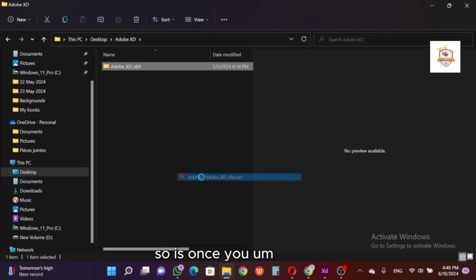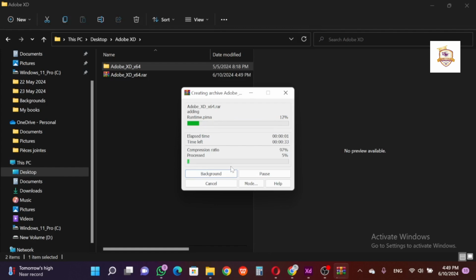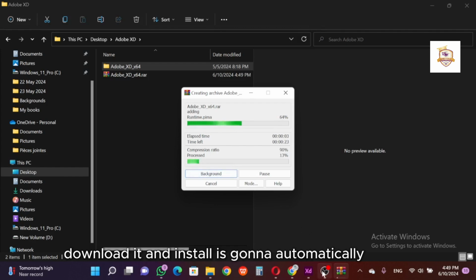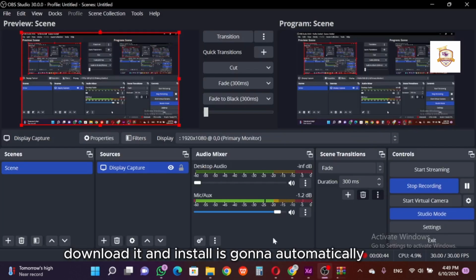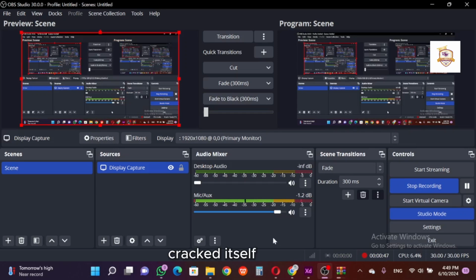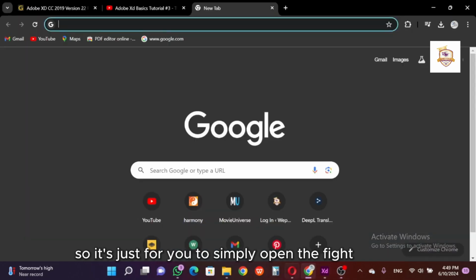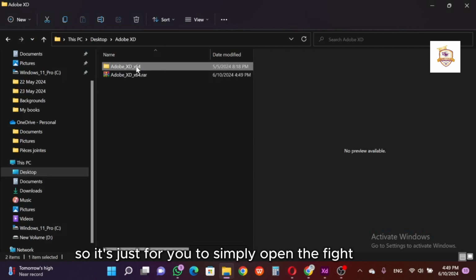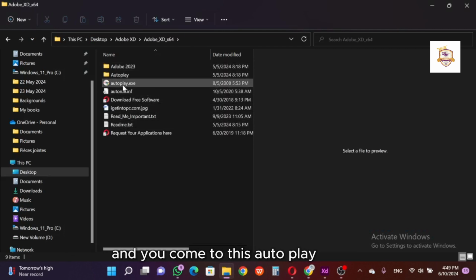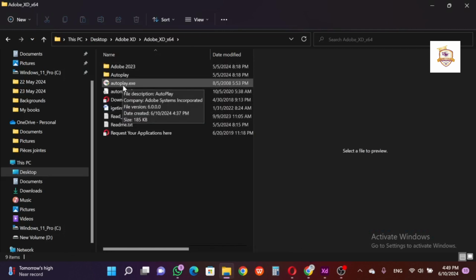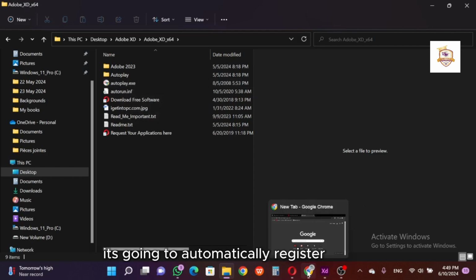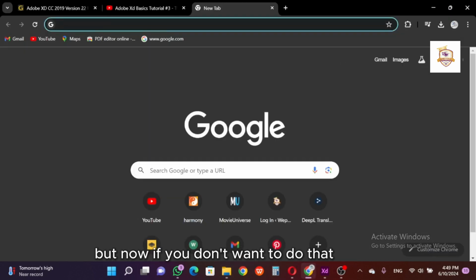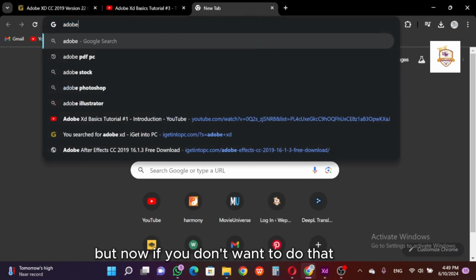Once you download it and install, it's going to automatically crack itself on downloading and installing it. So it's just for you to simply open the file, then you come to this autoplay. I click on this autoplay and it's going to automatically register itself. But now if you don't want to do that, you can still go to